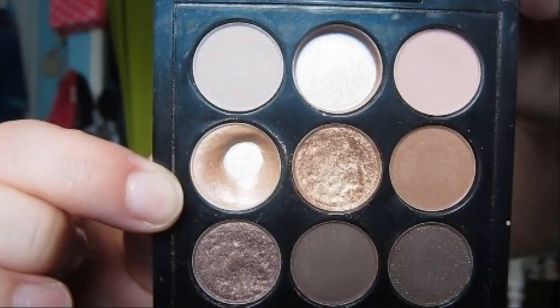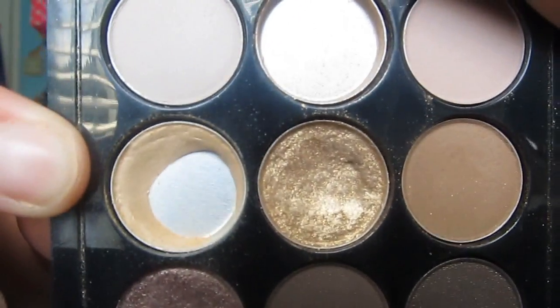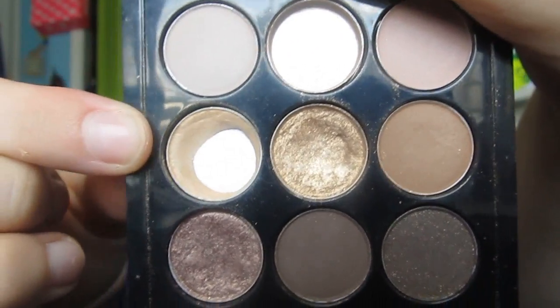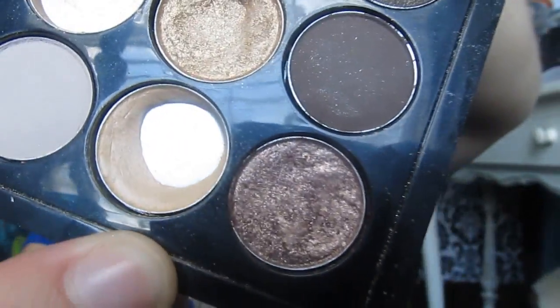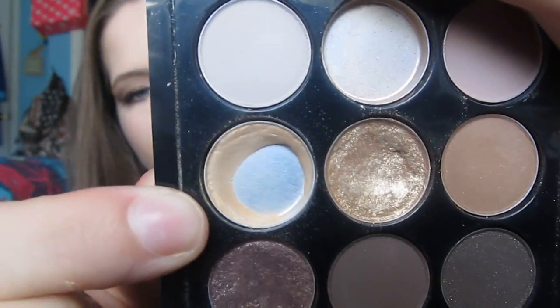And then finally I have my MAC Amber x9 eyeshadow palette, so I will insert a picture from the intro video. Here's where I'm at with Ricepaper. When I first started, I had a little bit of a circle pan showing in the middle, and now I have expanded the pan a lot and I've hit the edge right there. I don't know if you'll be able to see that, but it's just a little bit of side pan, and hopefully I will be able to use up maybe half of this shade in the next month, especially working around the sides,